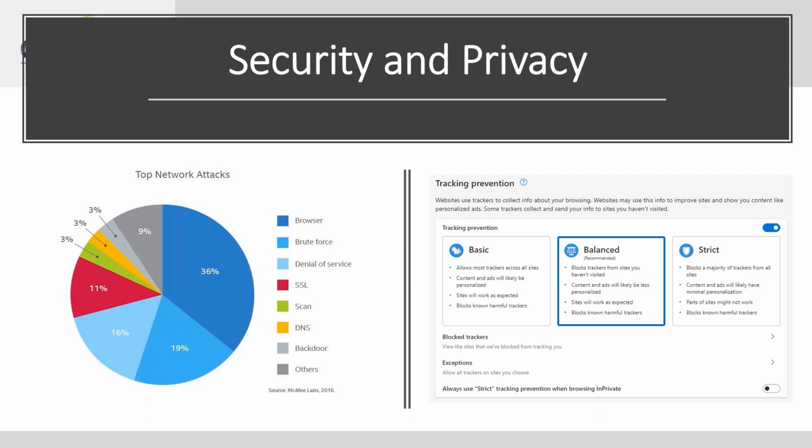This reduces the likelihood of your being spied on by hackers and aggressive advertising networks without interfering with personalized advertisements and links from the websites that you do actually frequent. Now, the strict setting blocks almost all cookies, although Microsoft warns, and they are correct, this might cause problems with some sites. You can also choose to apply this setting only to in private windows, which is Microsoft's equivalent of